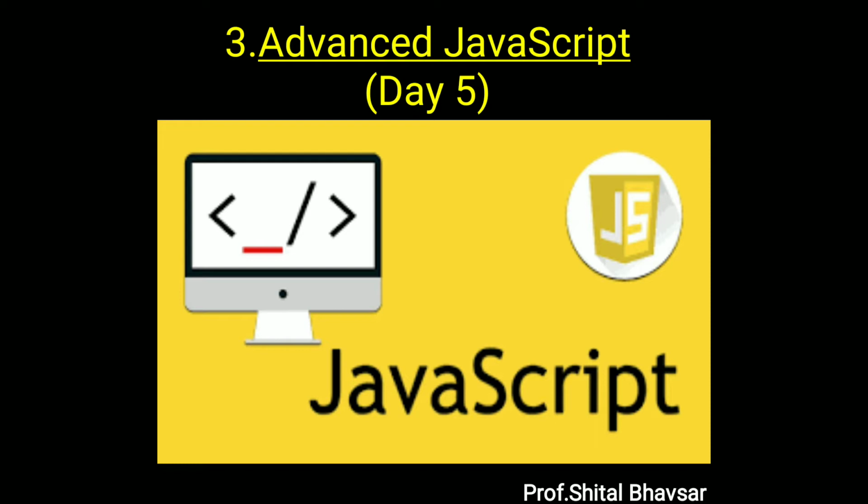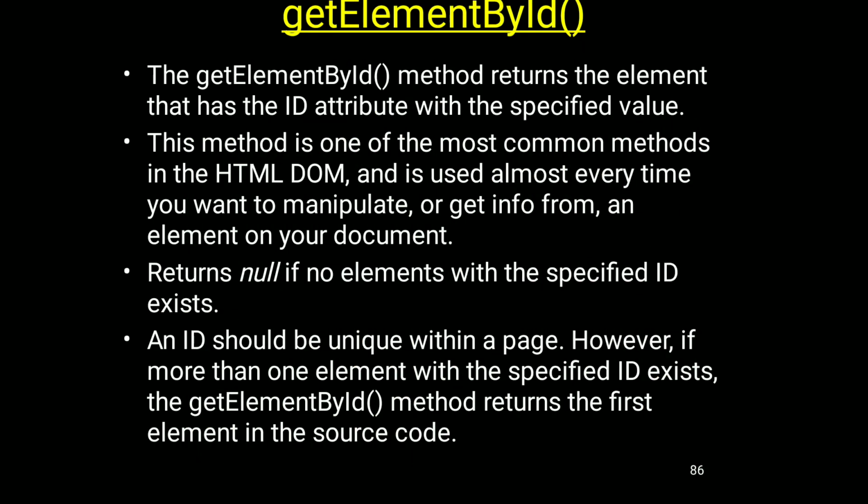This is our fifth video on JavaScript, and I think you like it and you understand the concepts of JavaScript better. So today we learn about getElementById. This is a method. We already learned about objects, and what is an object? An object is nothing but something having properties and methods.